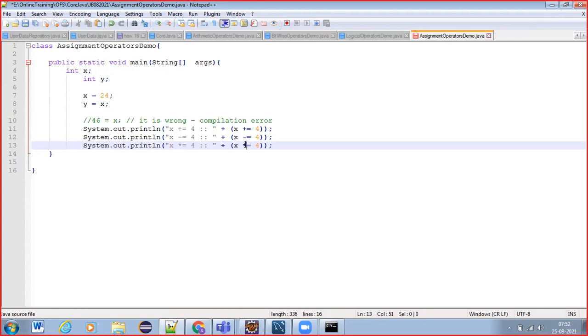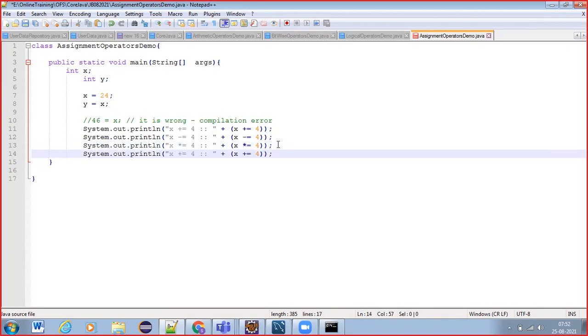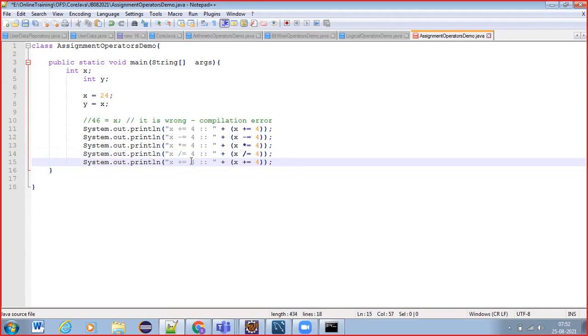So here x minus equal to 4 means 20 we get here, and x into equal to 4 means 96 we get here, and x by equal to 4 means what do we get here? 6 we get, right? And then x modulo equal to 4 if we use, then we get 0 here. Why? Because of the remainder. 24 by 4 remainder is 0, right? So we get like this.